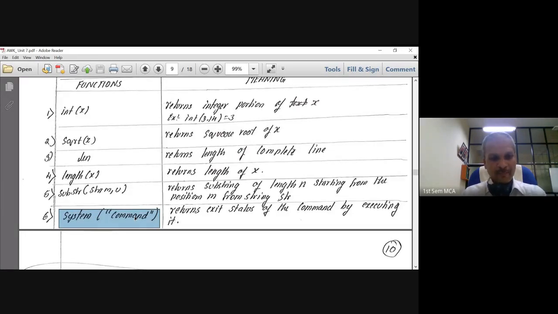First one is a source string, second one is the position at which the extraction should begin, and last one is n, which talks about how many characters you want to extract starting from position m in the given string str. And system is a special function which is going to be used in awk to execute some of the commands of Unix. So system is one handy function.